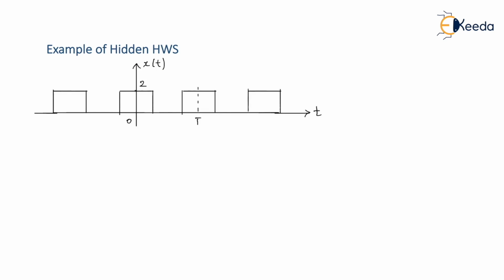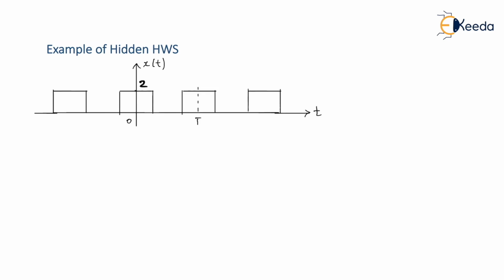So this is an example of a half wave symmetric signal. So look at x of t. I'm sure you will think that there is no half wave symmetry inside it. But to tell you, there is actually a half wave symmetry, and since it is not visible, we can say it is quite hidden. So how to identify whether it has a hidden half wave symmetry? Since it is not visible, imagine a bit: as you can see, what is the amplitude over here? It is 2.